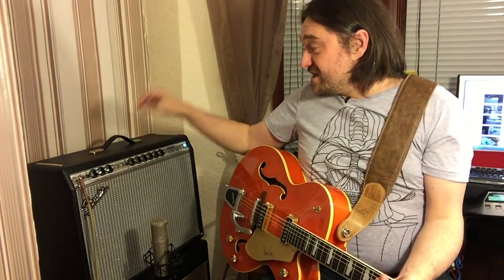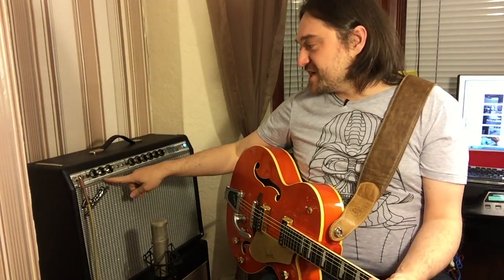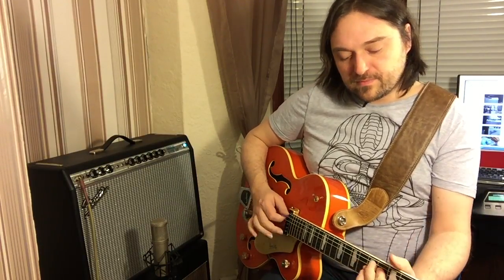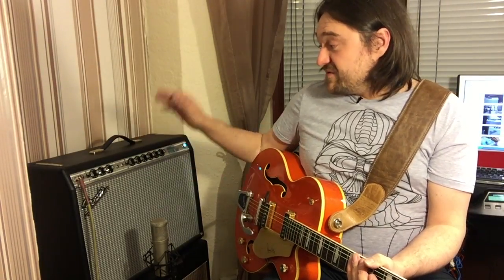Okay, let's see how far we can go on the treble knob. Alright, so right now we have treble on 10, bass on 5, volume on 2, and a couple of chords. Neck pickup. So even with the treble cranked all the way up, it's still not an ice pick. It's a very nice, pleasant, balanced tone,